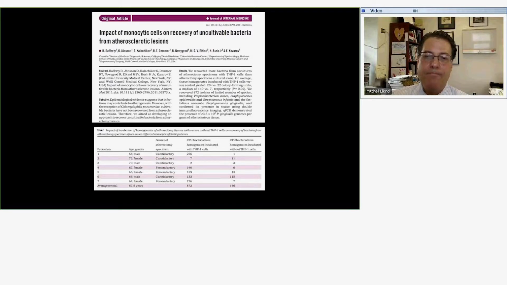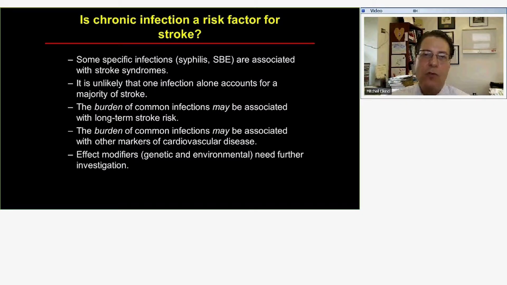So, and it wasn't, again, just a single agent, but several different infections that seem to be involved. And so that also seems to go along with this idea of an infectious burden being the operative way in which infections may contribute chronically to stroke risk. So just to go back then and try to answer that first question, is chronic infection a risk factor for